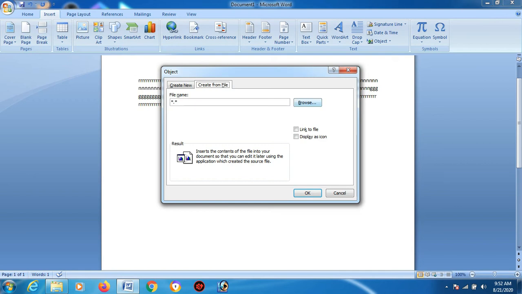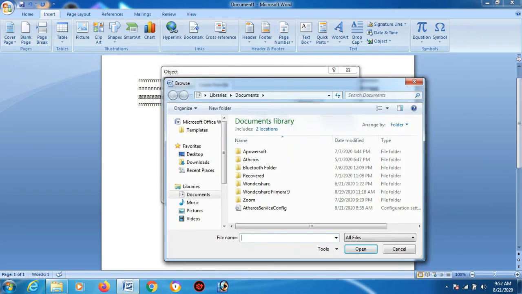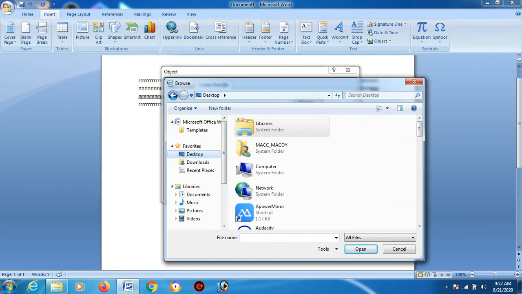Just browse to wherever your music, your song or your recorded voice is. Click upon Browse. Generally I do not have mp3s or songs. Desktop, I think I have one song. I just selected Desktop.